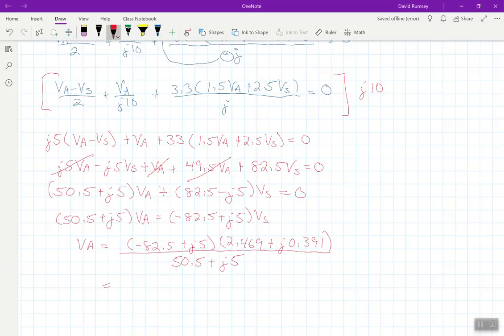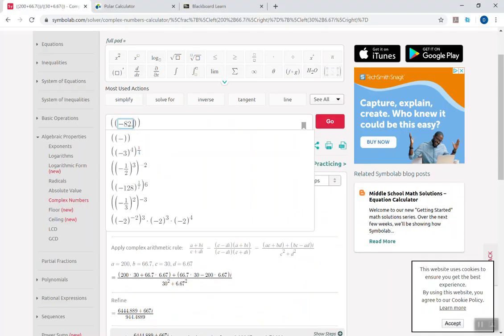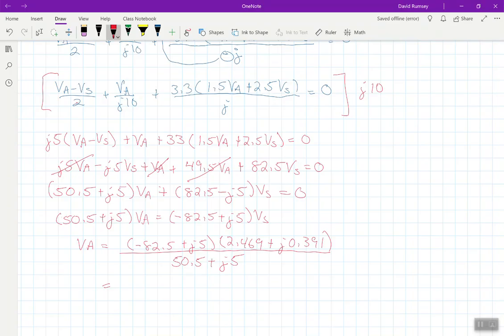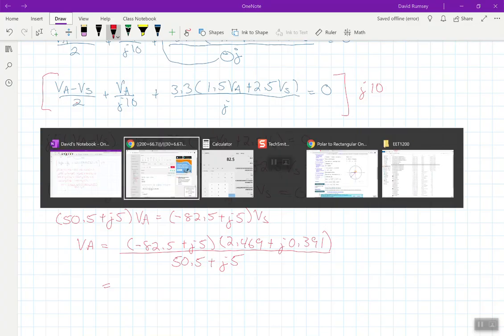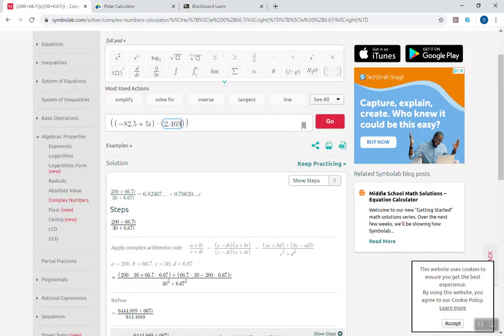So, minus 82.5 plus 5i times 2.469 plus 0.391